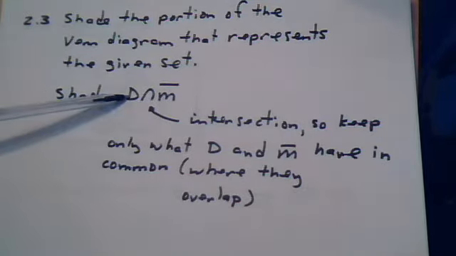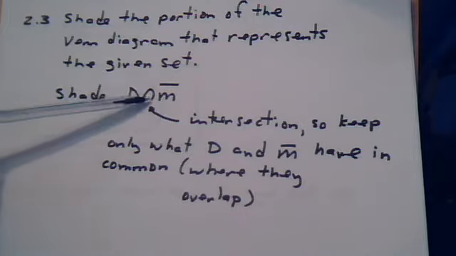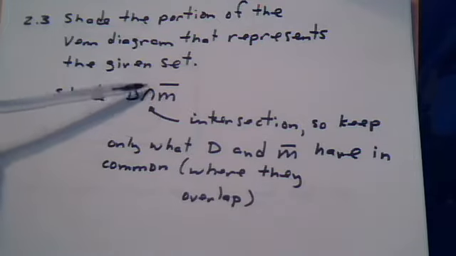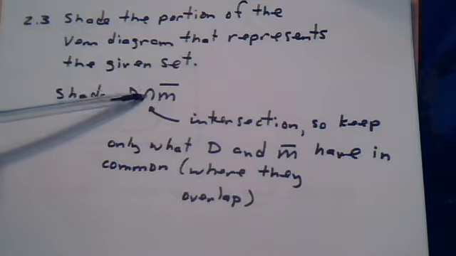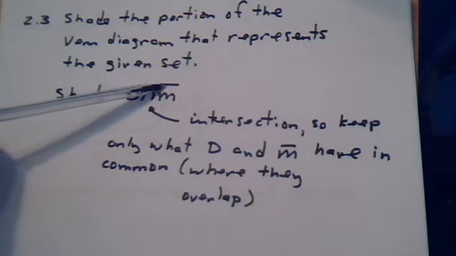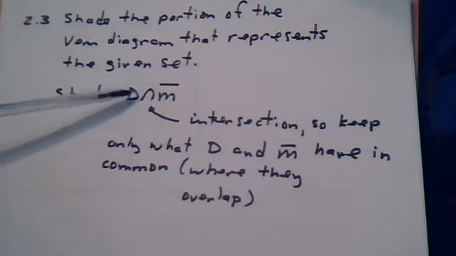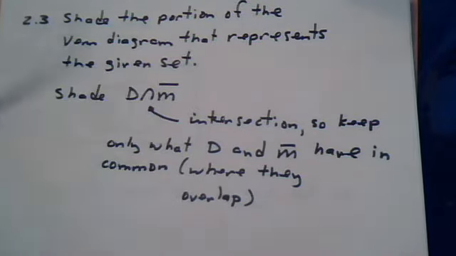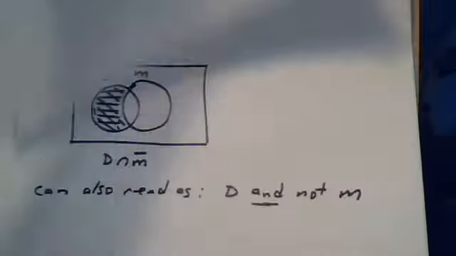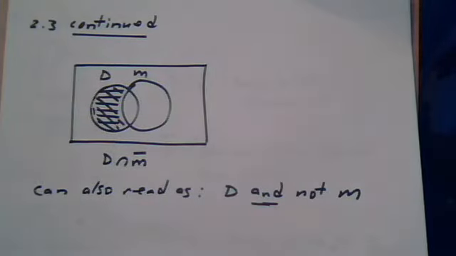D and, this is and, intersection and, D and not M. D and not M. So this is what D and not M looks like. So D